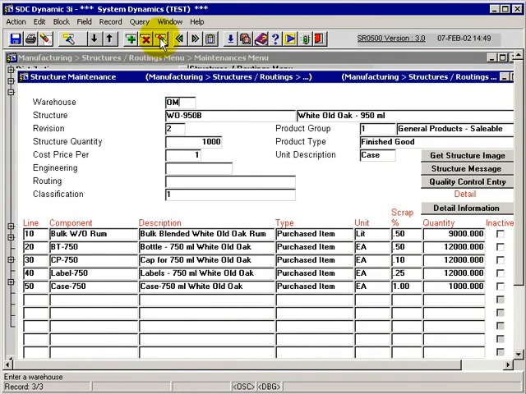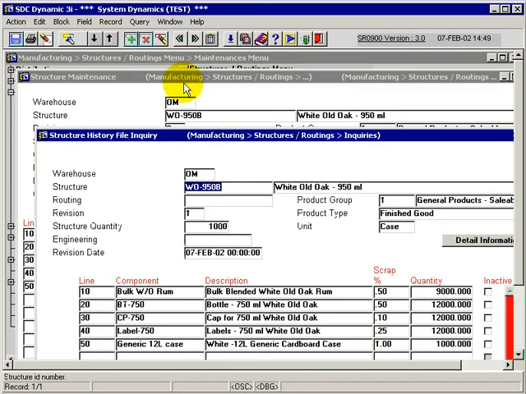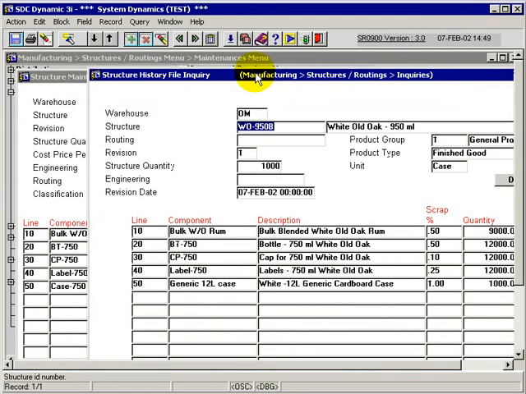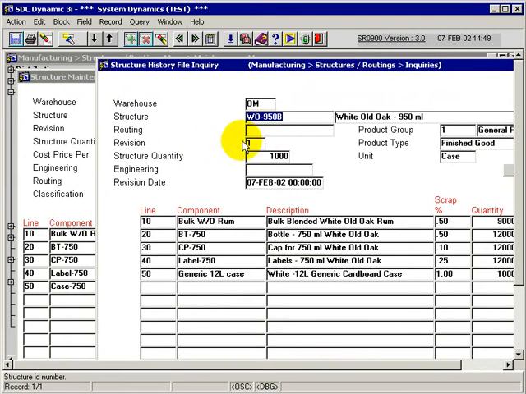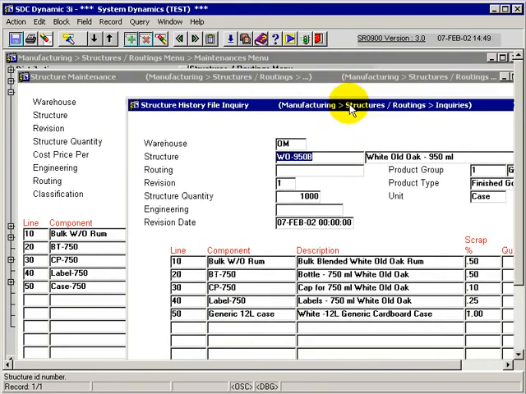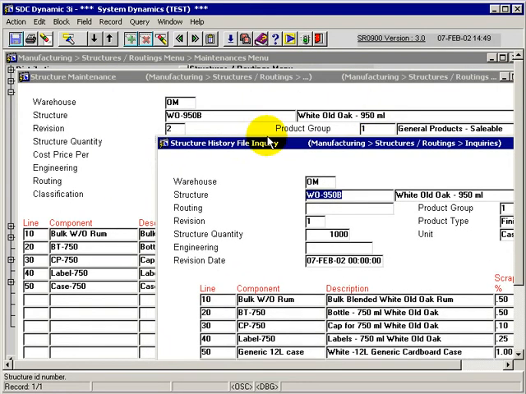If I match that to what I have in the history file, I can see that I historically on revision 1 I actually used a generic 12-liter case, and this change came into play and forced me to enter the revision code of 2, make my required change, and it took the old bill of materials and transferred it to my history file so that I can see, and time-stamped it, so I can see that on February 7th this is what the